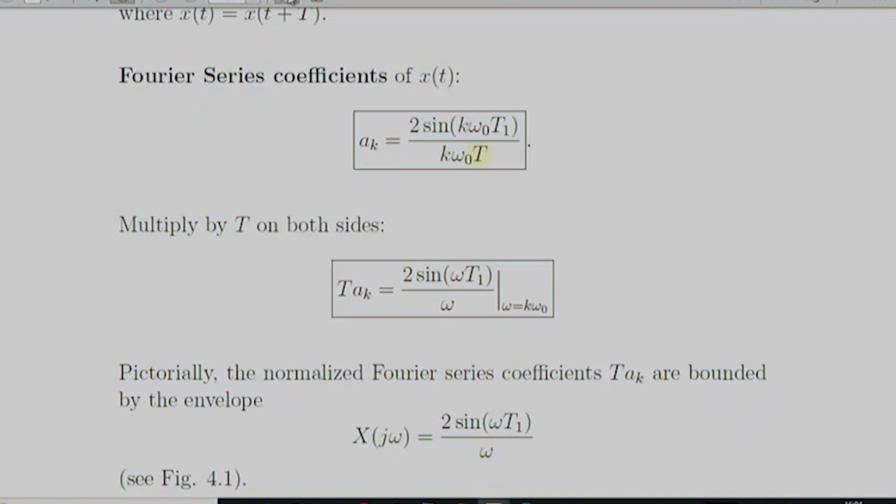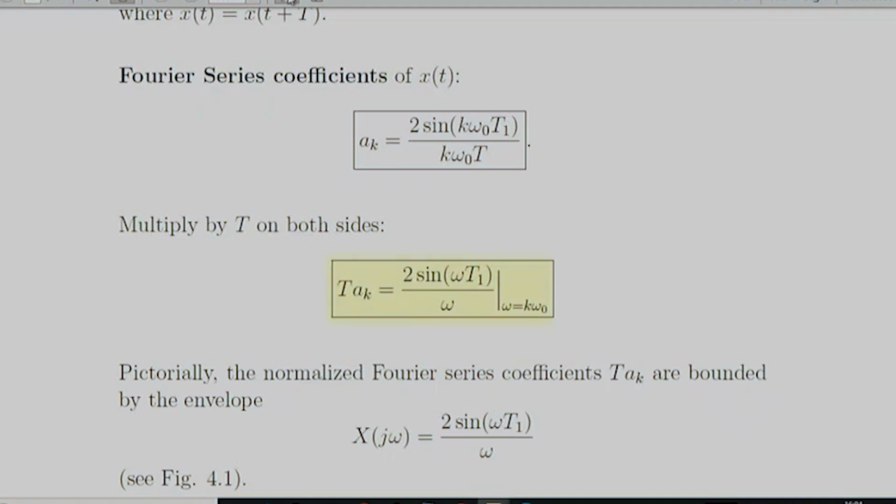Now I have to worry about this capital T over here, so I'm going to move the T over to here. So we normalize the Fourier series coefficient by multiplying by the period, and suddenly they all have exactly the same form. They all look like something that we get by evaluating this continuous function of frequency omega